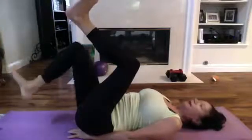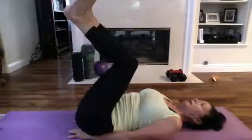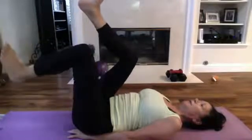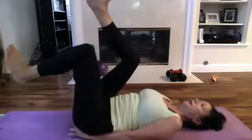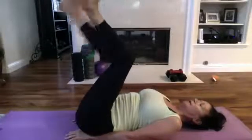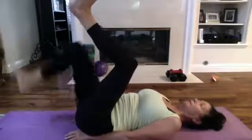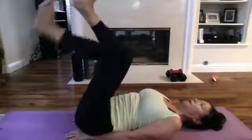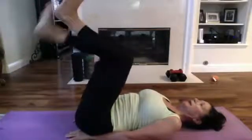And alternate. Now again, I'm really trying to keep that lower back pressed on the mat. So if I get here and it starts to lift, I can either use my hands to try and push it down or just don't go as far. All right, here we go, good. And down, reach, and down, good. And breathe. Good, and